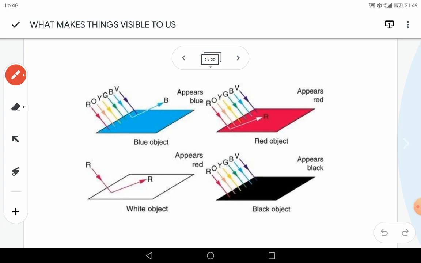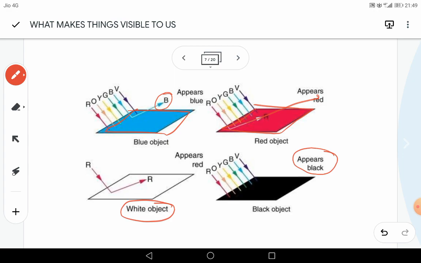And what gives different colors to different objects? That depends on the type of reflected light that is entering into the observer's eye. So let us see here, which portion was not absorbed, or which portion was reflected? It was blue color. So that is why it appears to be blue. Here, why does this appear to be red? Because it is the red light which is reflected. Why does it appear to be white? All the 7 colors are reflected. And why does it appear to be black? No light is reflected. All the 7 colors are absorbed.